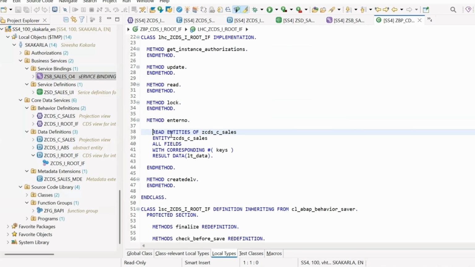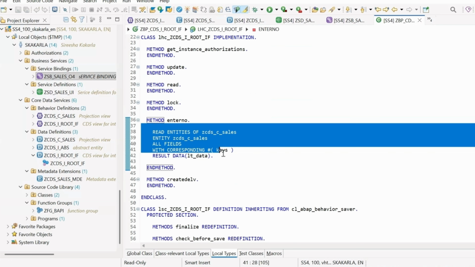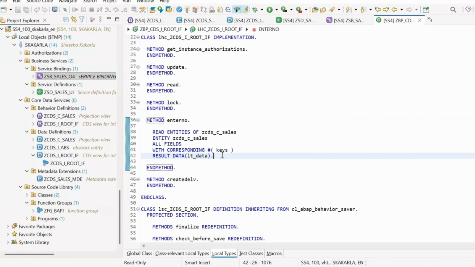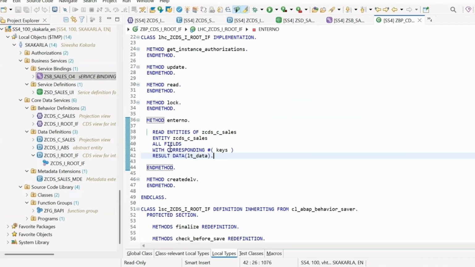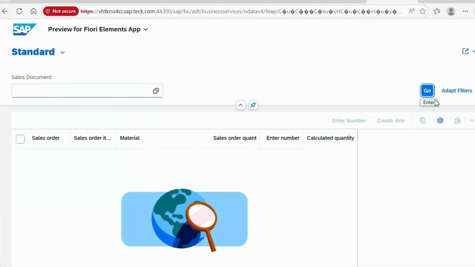Here we have already written some piece of code which is an EML operation. This EML syntax is of the read entities long form. If you don't know this read entities long form syntax, you can go to my RAP playlist and watch that. I have clearly explained how to write this and what the short form and long form are. Let us view the service. If I click on go,